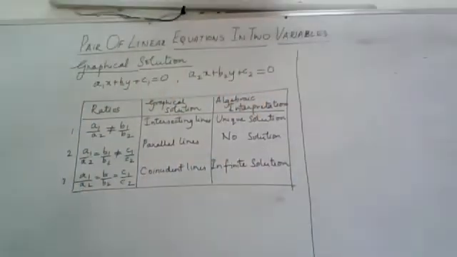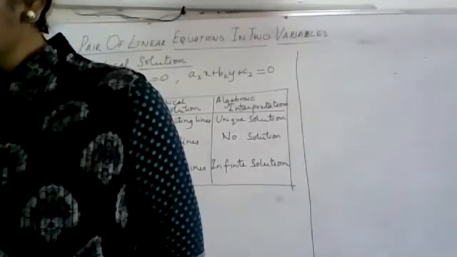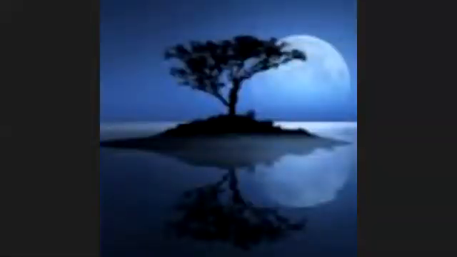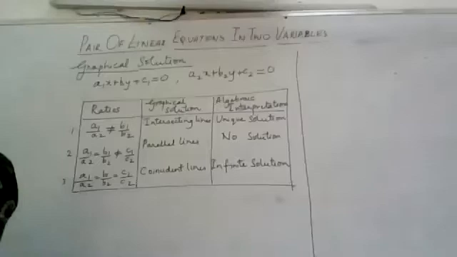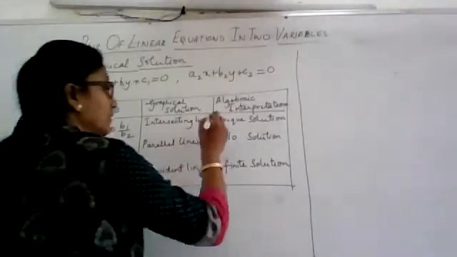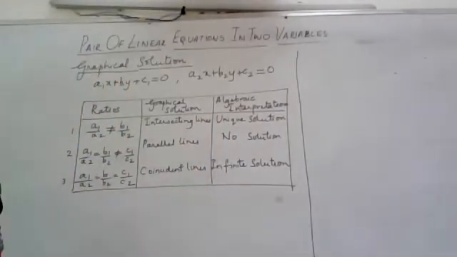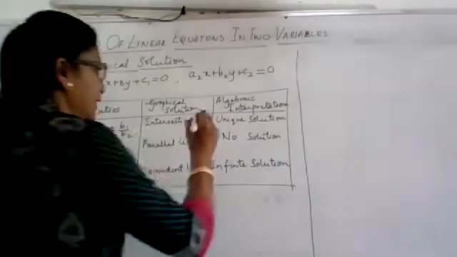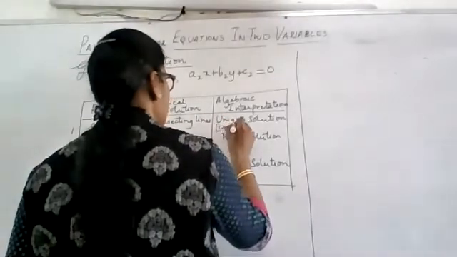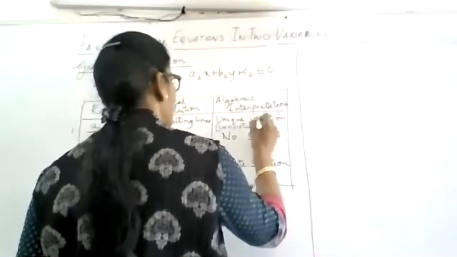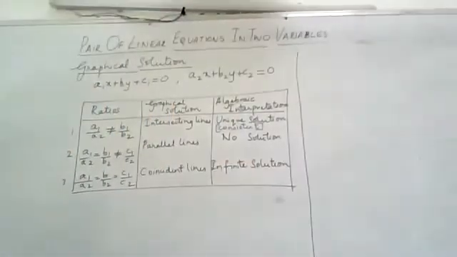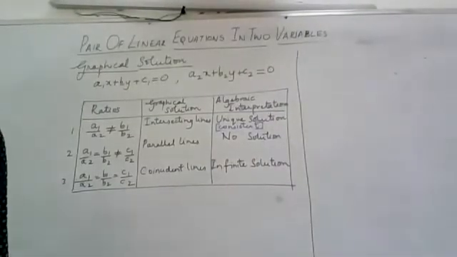Now I forgot to add that word there. When do I say a pair of lines is consistent or inconsistent? Any idea what it will be like? If anyone can tell me? Ma'am, consistent will have a solution and inconsistent will not have a solution. Only one unique solution. So such a pair of equations will be consistent. So here you can write, when you have a single solution or a unique solution, we tell that the pair is consistent. You can write it down here itself. I forgot to mention this. Consistent. So when there is a unique solution, we say it is consistent.